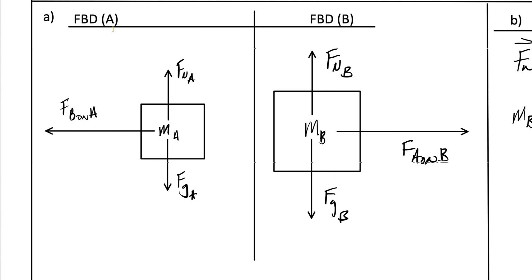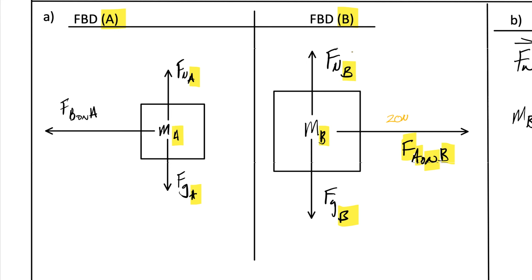The key to drawing the free body diagrams is being disciplined with using the appropriate subscripts on each diagram here. This is how this reads. We know that Amy was pushing Balja to the right. So let's focus on the FBD of Balja, or student B. Student B is being pushed to the right, and this is the force of A acting on B. This here is that 20 newtons to the right.